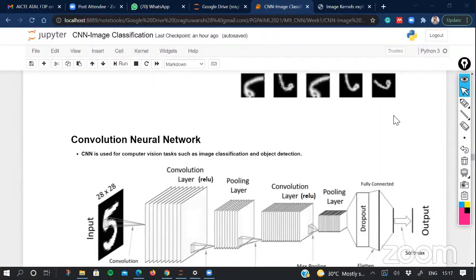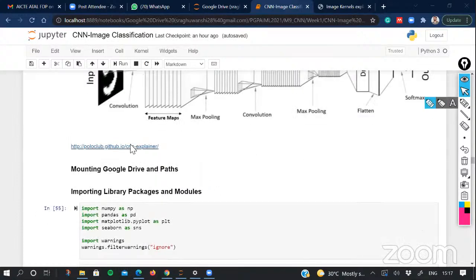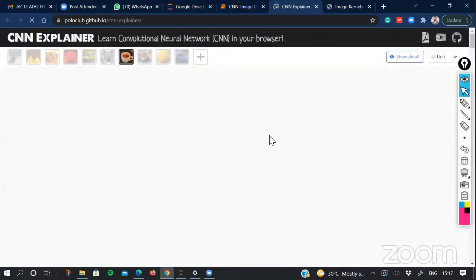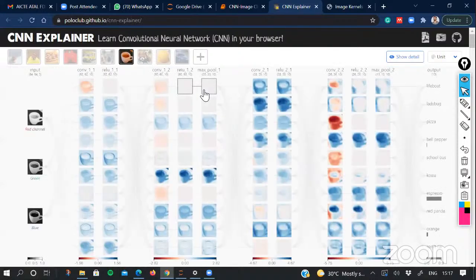Yes, sir. Now let us see in one simulation how this whole CNN process actually happens. This is a very nice GitHub repository available to explain the working of a convolutional neural network. In this particular problem, you have 10 different classes.